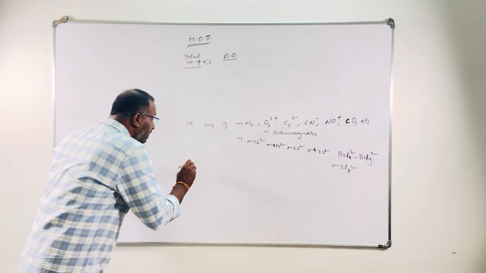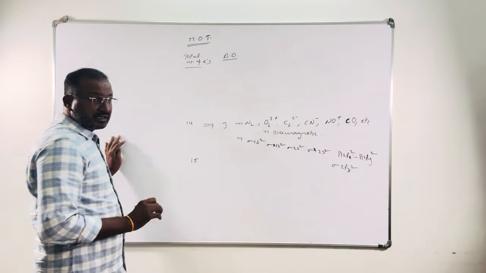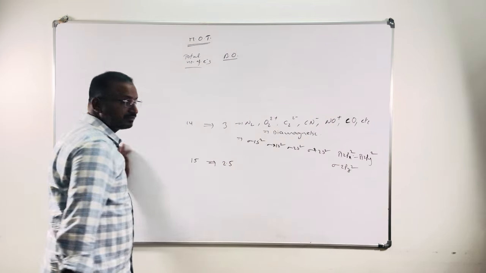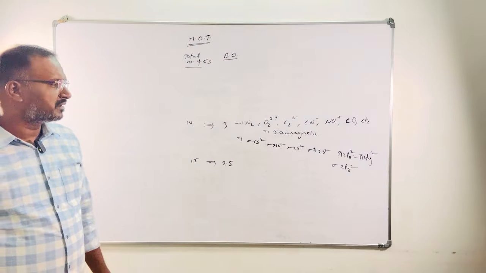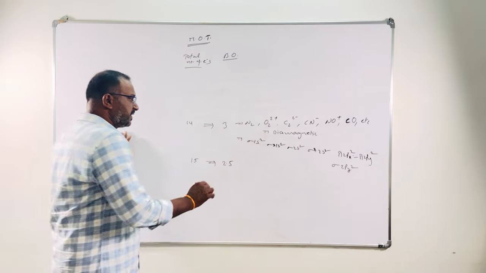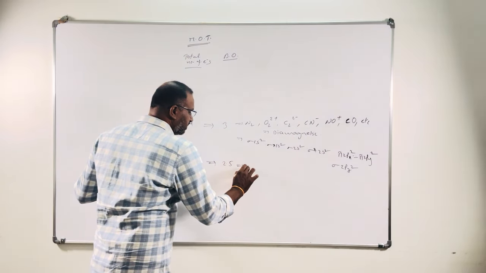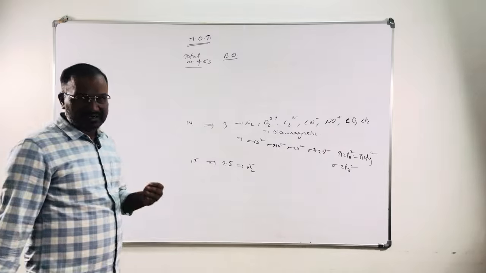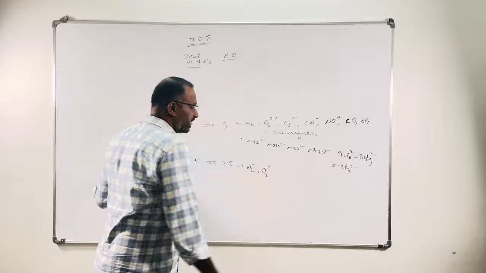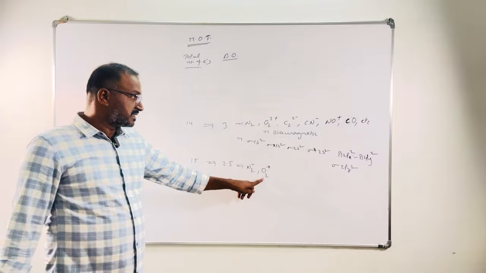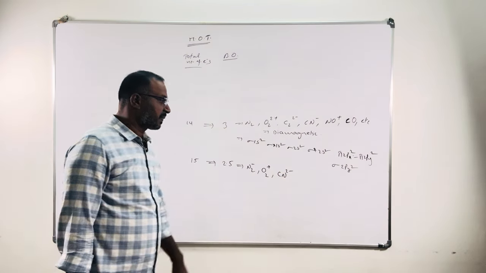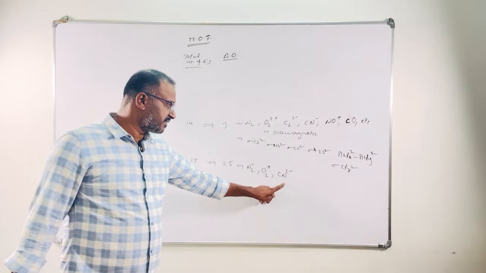This is the configuration. If the total electrons are 15, the bond order will be 2.5. You can calculate using the (Nb minus Na) by 2 formula; you will get 2.5. If it is 2.5, the examples will be N2 minus, with one extra electron, and it may be O2 plus, 15 electrons here, then CN2-, 15 electrons will be 6 plus 7,